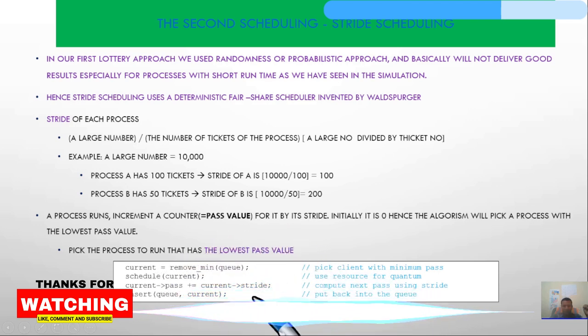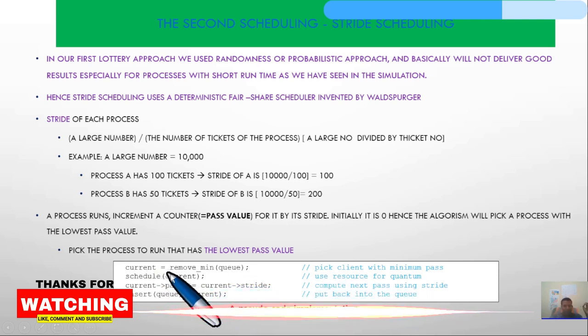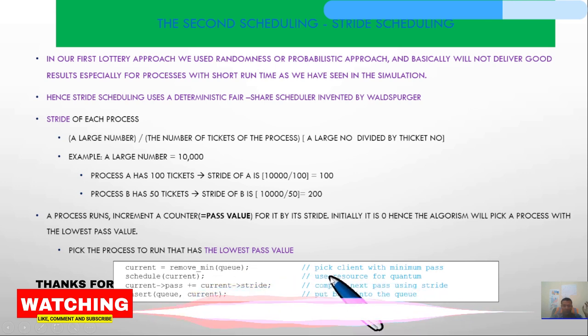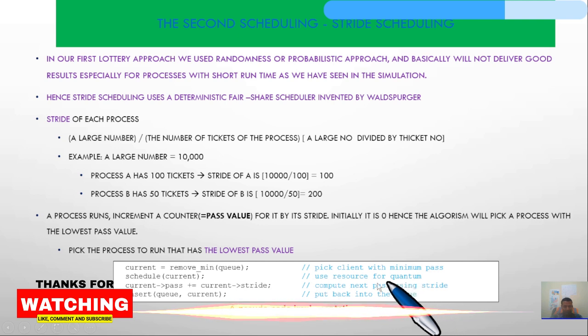So the pseudocode implementation, as you can see: current is equal to remove min from the queue. This is the first line of code, and what it does is pick the client with the minimum pass. The second one, schedule current, uses the resource for the quantum.